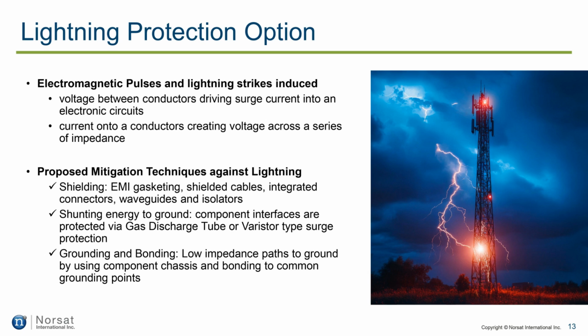Third, grounding and bonding. We ensure low impedance paths to ground by using the component chassis and bonding all components to common grounding points. This creates a robust grounding system that dissipates energy quickly and safely, reducing the risk of damage. Summary: by combining shielding, shunting energy to ground, and proper grounding and bonding, we can effectively protect electronic systems